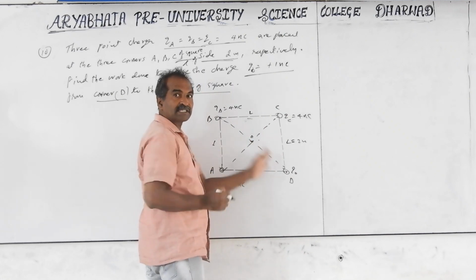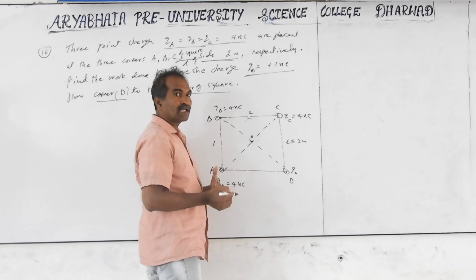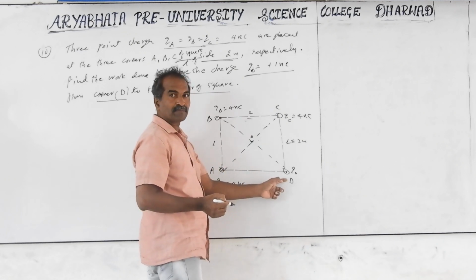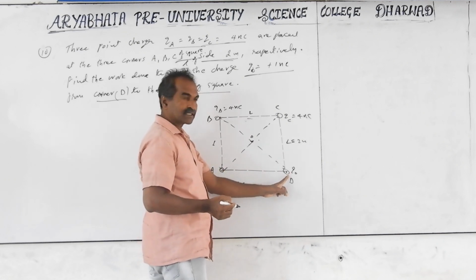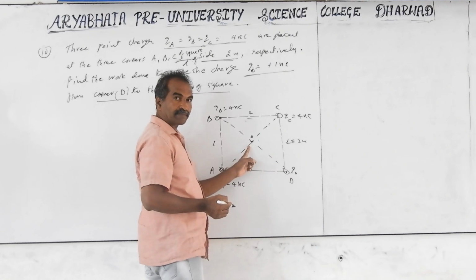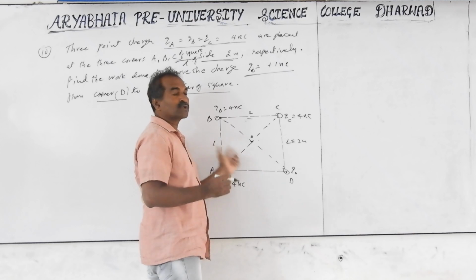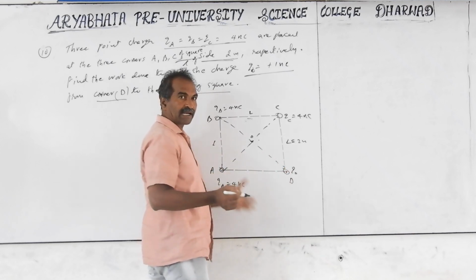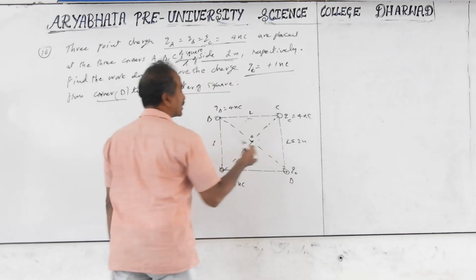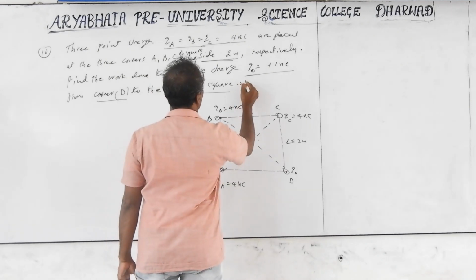The difference of the final minus initial potential is nothing but equal to 1. Or we can simply calculate the potential difference also. This initial potential VD you calculate, and the potential difference VO minus VD itself, multiplied by the charge you are moving, is the work. You can calculate it in terms of potential energy or in terms of potentials.